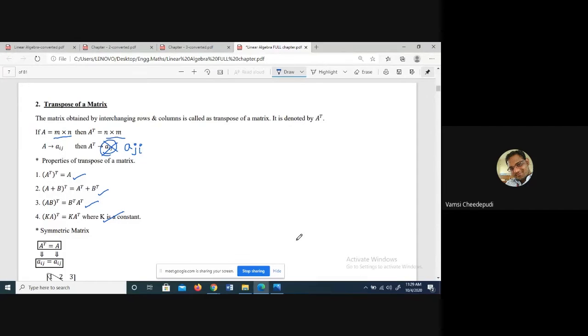Now you just see, students, the total last class concept I just revised in 5 minutes. Just within 5 minutes I revised. But that revision gives you a very good boost. That is very, very required.